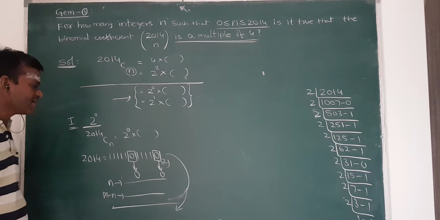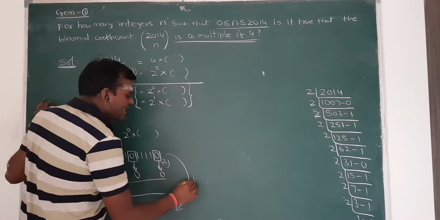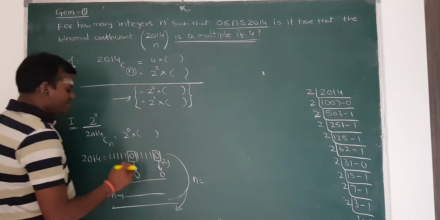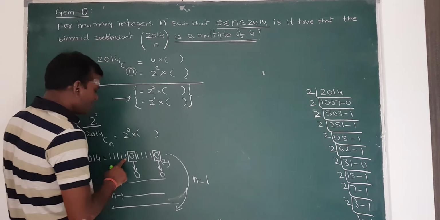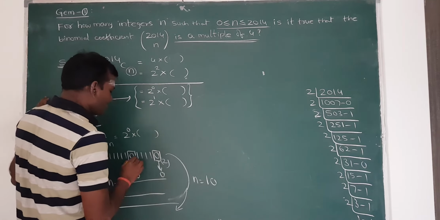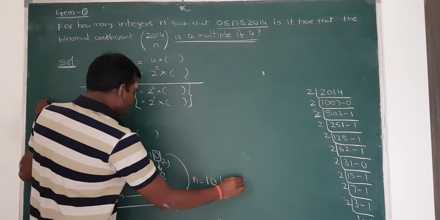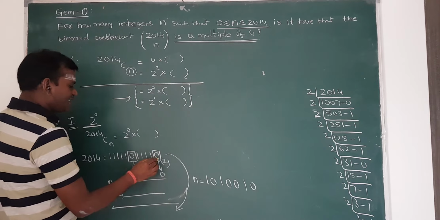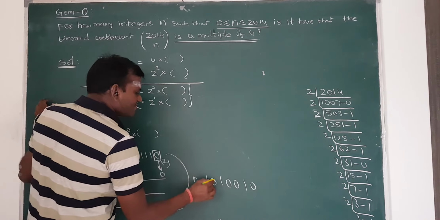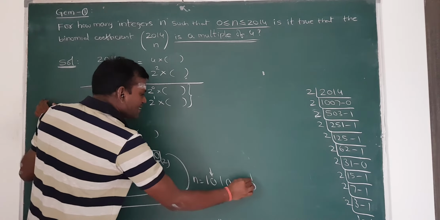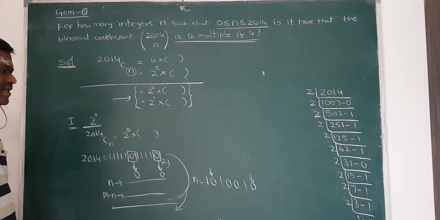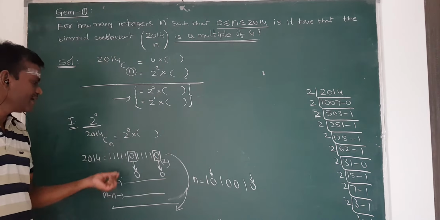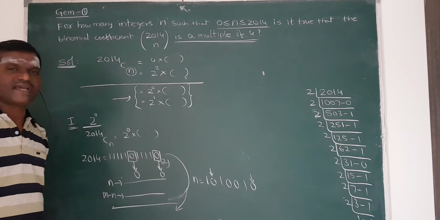For example, suppose n is equal to, whatever the number of digits may be, suppose I am taking 1 0 1 0 0 1 0. That means the first digit and the fifth digit are remainder 0. Same, it is not changed. First position and fifth position, zeros only I keep here. Remaining values may change.